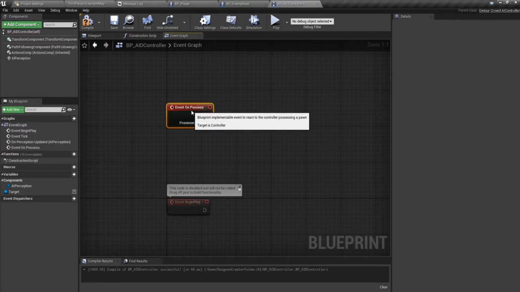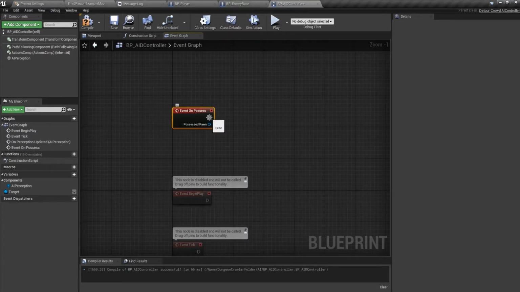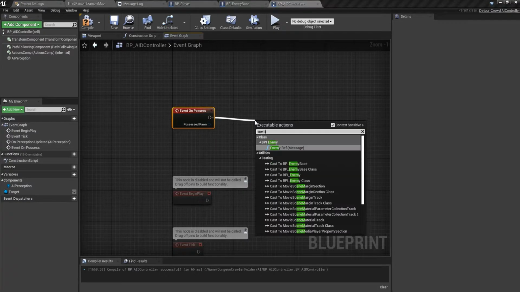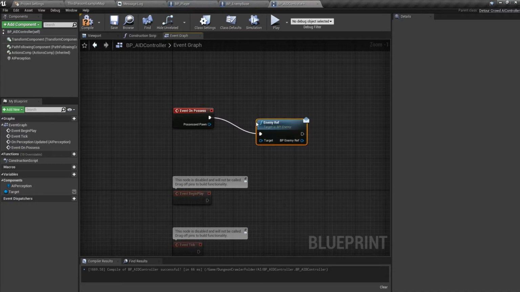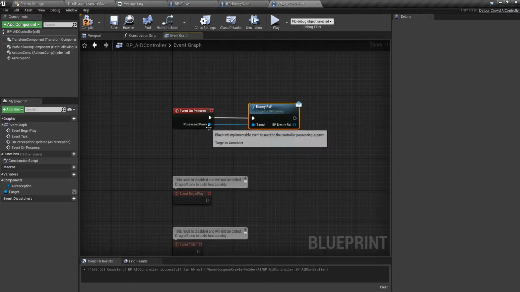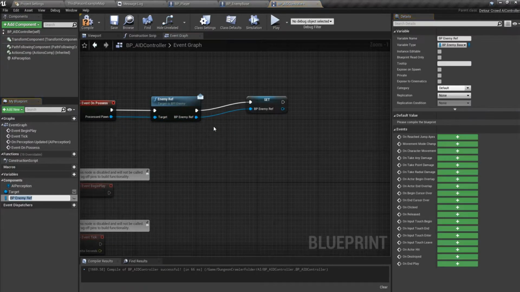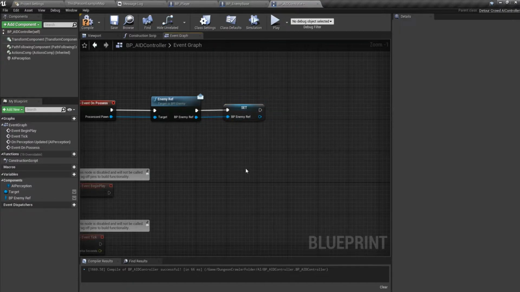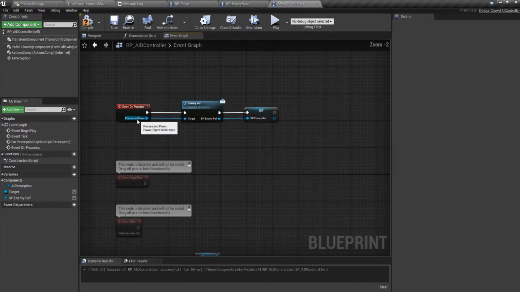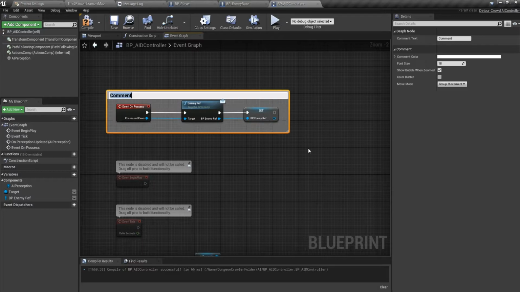So that's why we are using this event on possess instead of the begin play. So if I call in the enemy reference, I can plug the possessed pawn to the target of the enemy ref, and I can promote this one to a variable. So we can type in same as begin play,